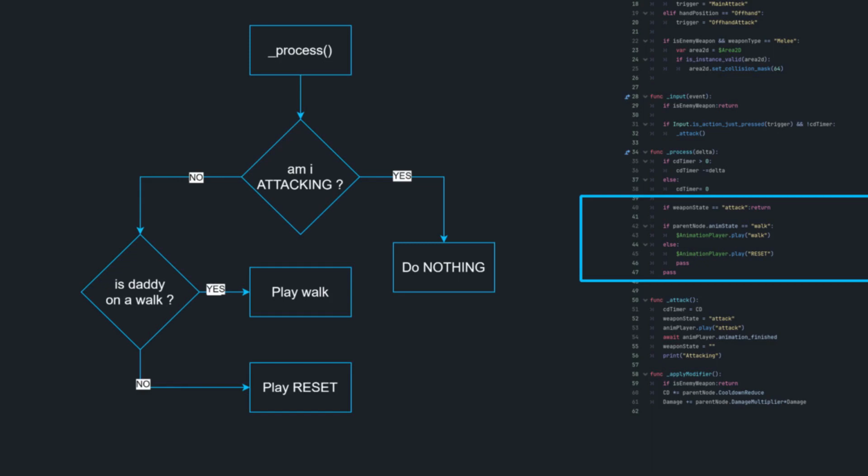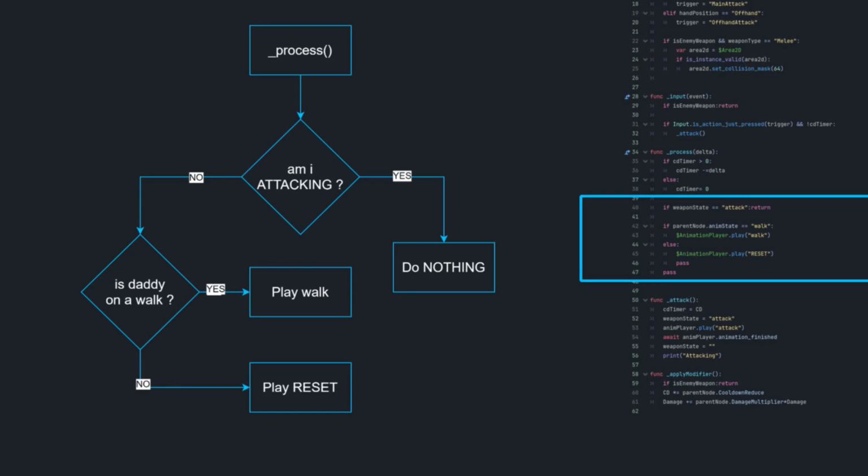Well, we don't have idle on this weapon, but if the player animation state is equal to walk, then our weapon will be on walk. But if the weapon is currently attacking, it's not going to process anything below this return.